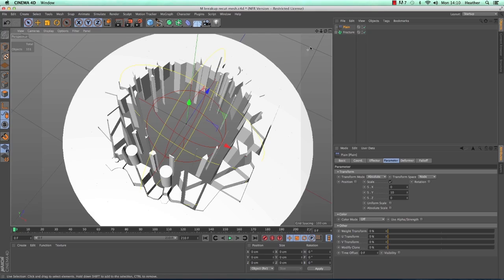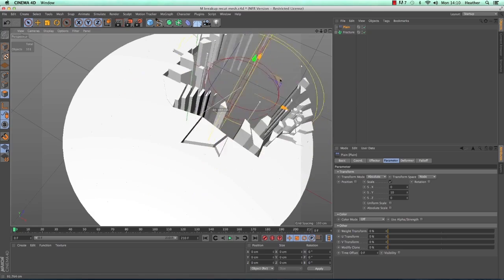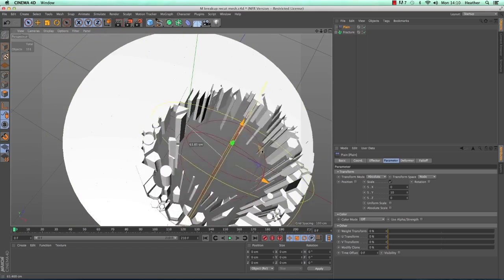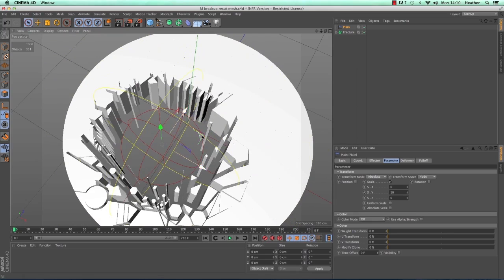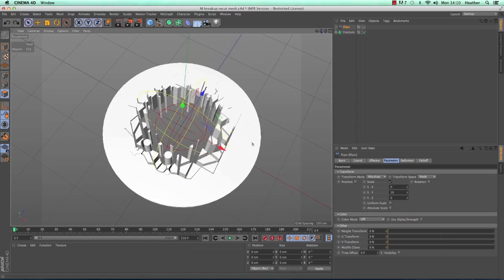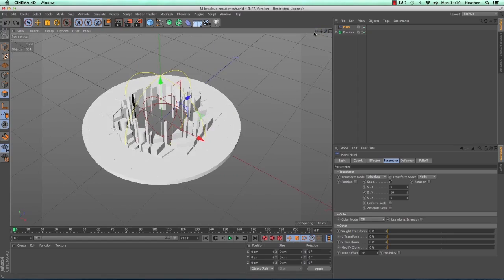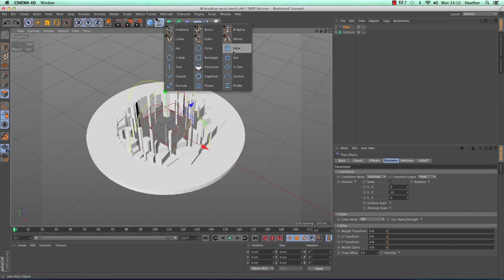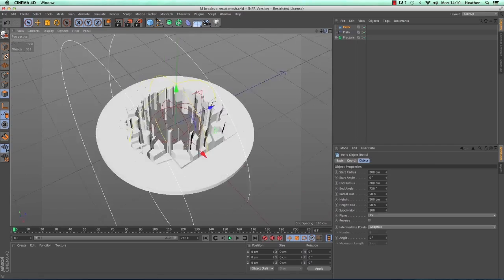What I need to do now is animate this plane. You can do it just by moving it around on the axis and creating keyframes like that, but I'm going to use a spline path to animate along. So to do that, I am first of all going to go to create a spline. So spline menu, and then I'm going to use a helix.